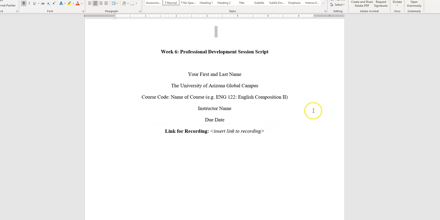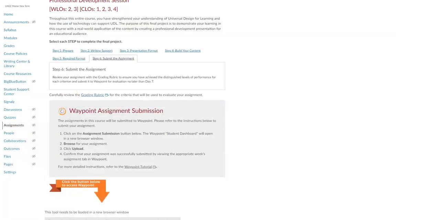And then once you've done that, you will then submit the script with your link to your recorded presentation to Waypoint. However, if you recorded using the recording feature in PowerPoint, please also attach your PowerPoint presentation as a second attachment in Waypoint. If you have any additional questions, please reach out to your instructor.